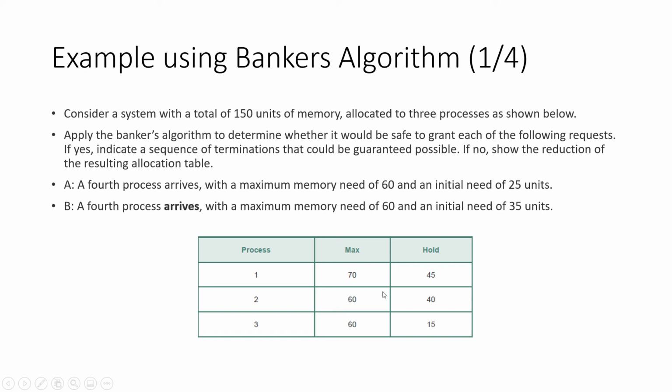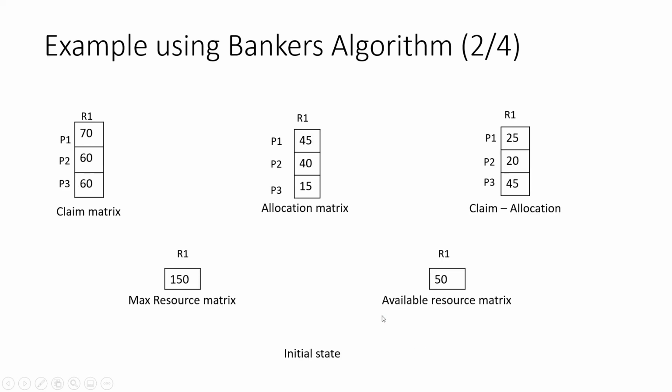So first, let's set up this table according to banker's algorithm. We have three processes, and initially in total they require: process one requires 70 resources, process two 60, process three 60, and initially they're holding 45, 40, and 15. So that's how we set up our claim and allocation matrices. And then we can subtract our claim and allocation to find how many more resources of each type each process